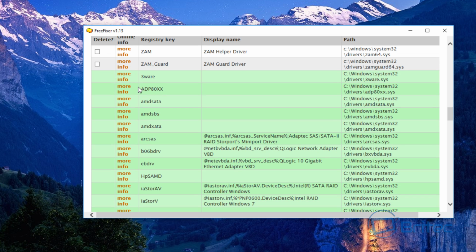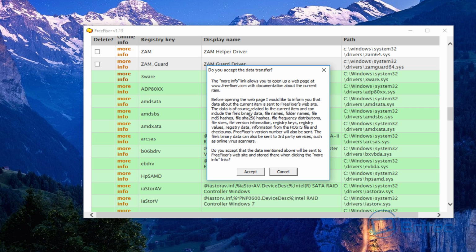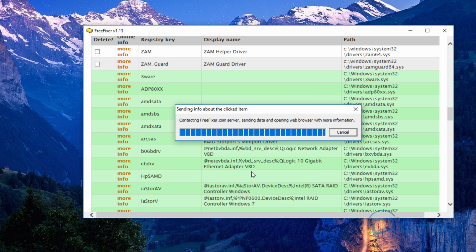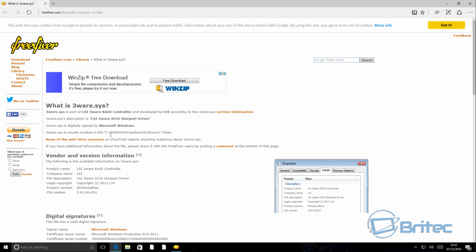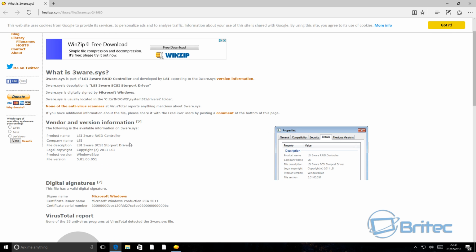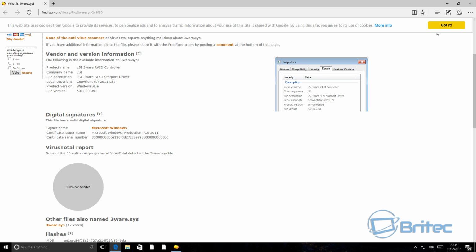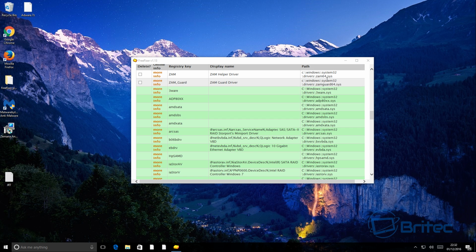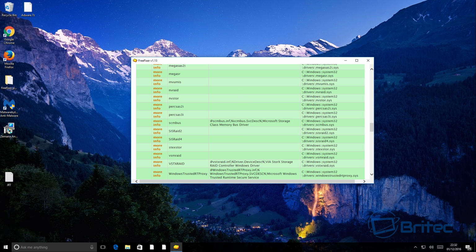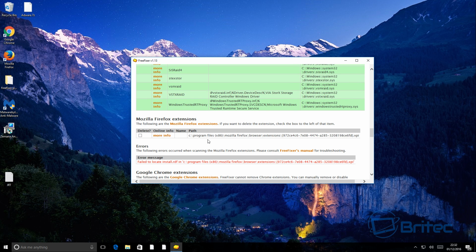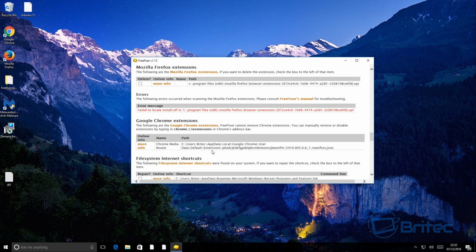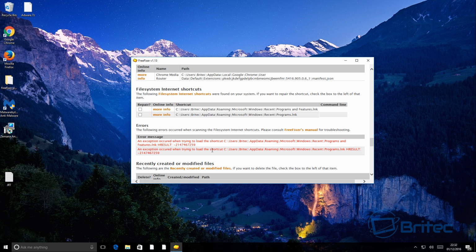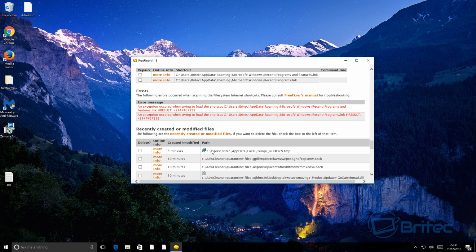Anything you're not sure about, you've got this little more info here, and this will tell you what it is. You can accept this and it will take you to the internet and tell you roughly what it's linked to, as you can see. All this green stuff is pretty much okay. So what we're looking for is bits that are left behind. So we'll have a quick